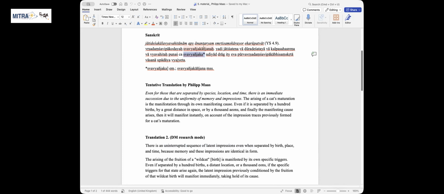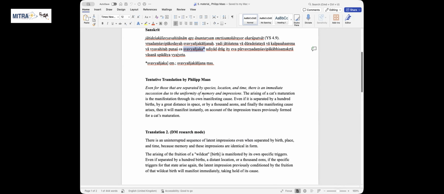And here we have a construction in the sentence that if the manifesting cause would arise, then something would manifest, vyajeta. And I think that this vyajeta takes up the anjana here in this definition of what the arising of a certain maturation as a cat actually is. But when I feed this into Dharmamitra, without this emendation, Dharmamitra nevertheless comes up with a